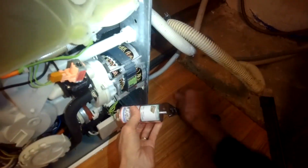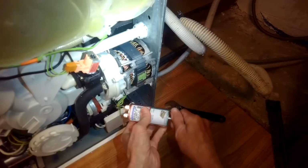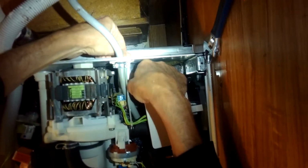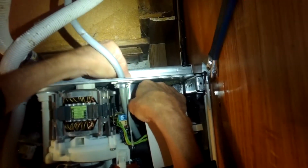We got those on, and now we're going to put that in and just put that nut back on there to hold it. Bring it back in there into the cavity, put it through that hole, and then we'll put the nut back on the bolt to hold it. And that should solve that